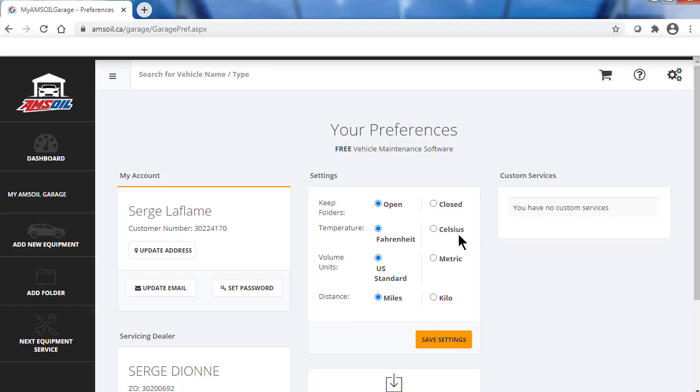And here in the middle, select how you want your units to show. If you're in the US, you probably want to look at Fahrenheit, US standards as far as volume units, like ounces and quarts, and the distance in miles. If you're in Canada, I'm in Canada, I like metric, so I'll go Celsius, metric, and kilometers. Save the settings. This is it. So go back to the my Amsoil garage here,